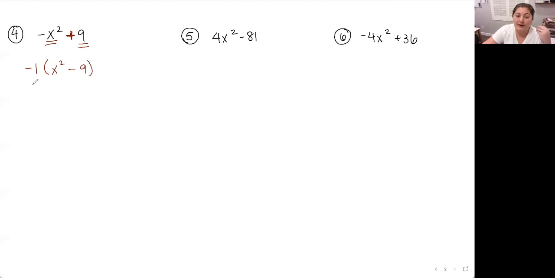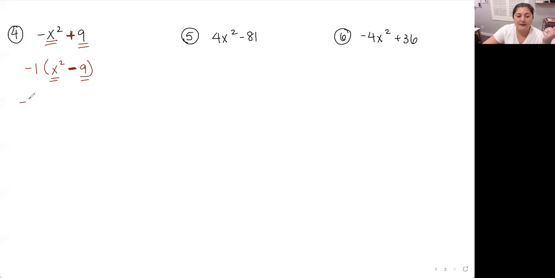Meaning I'm going to factor out a -1, and so I'm going to divide each term by -1. When I have a negative divided by a negative, it's going to be positive. When I have a positive divided by a negative, it's going to be negative. So now if I take a look at this problem here, this is a perfect square and so is this. And I'm looking for the difference between the two. In the previous video, when we factored out a greatest common factor, and then when we factored a trinomial,